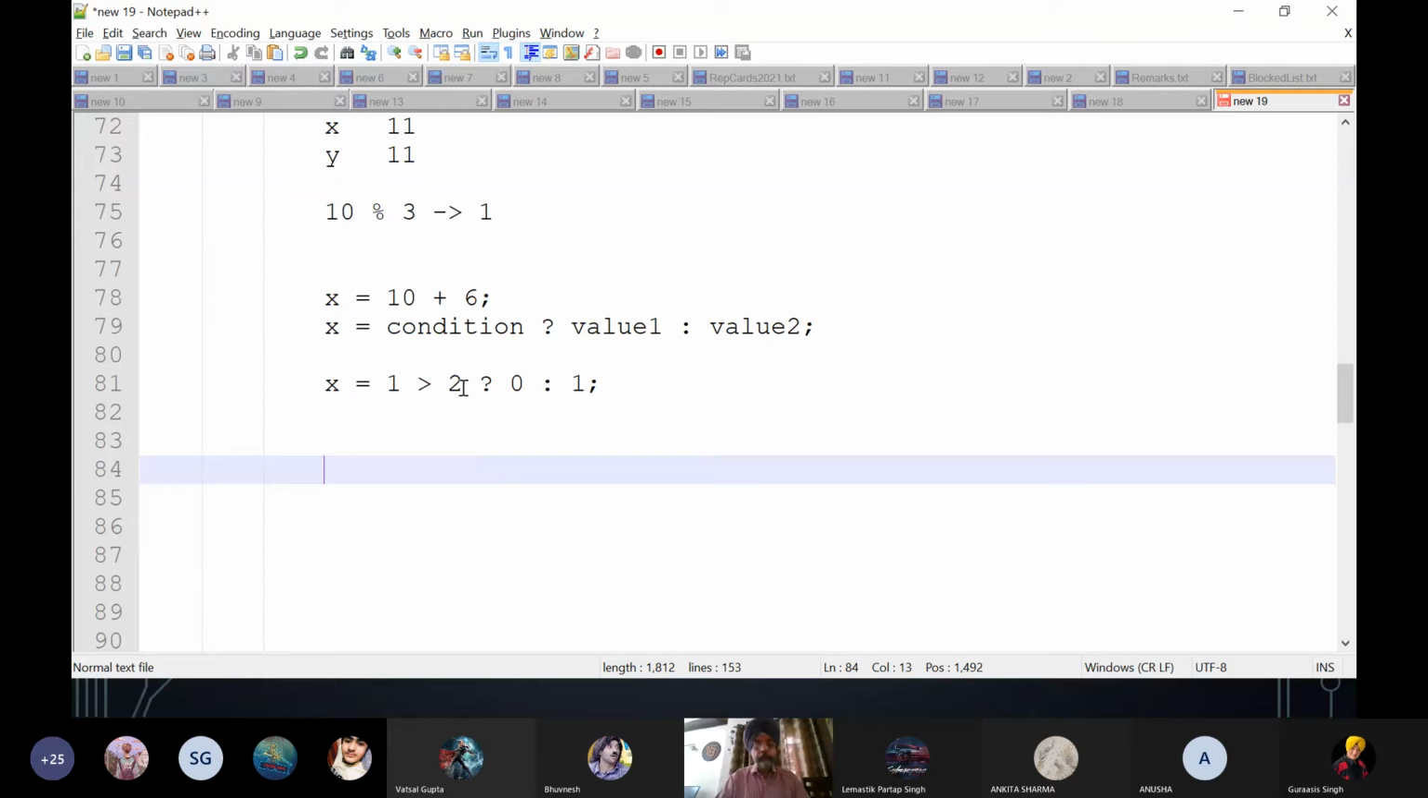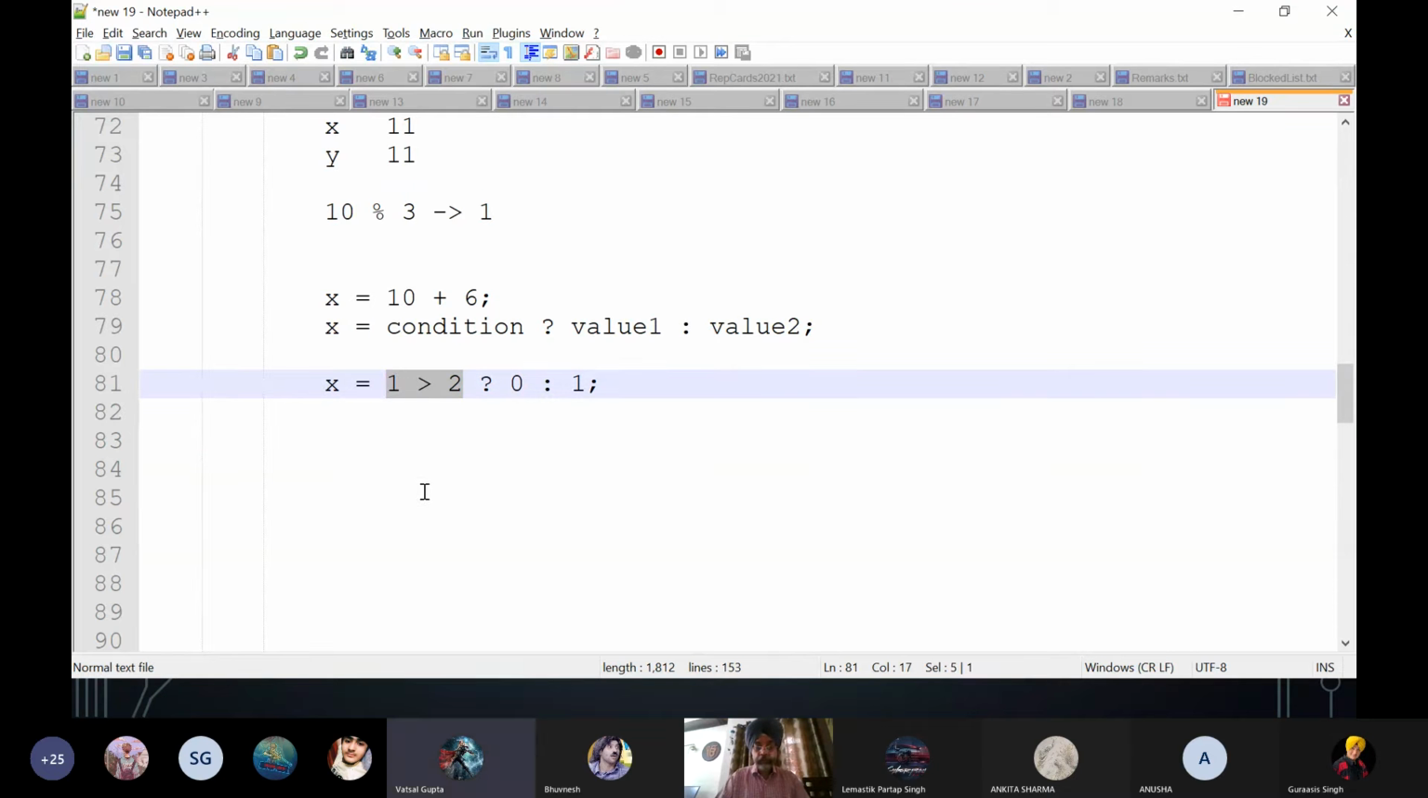What will it actually store? It depends on this particular condition. Is this condition true or false? False. What will actually be stored? 1. So 1 will be stored in x. So the expression is simple. It is not a difficult thing. All you need to do is